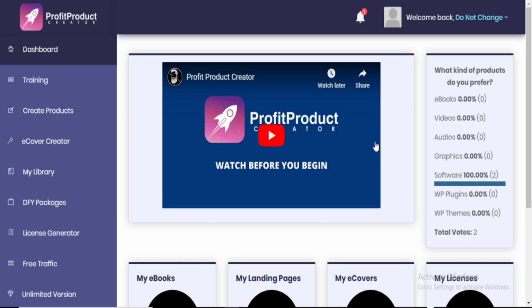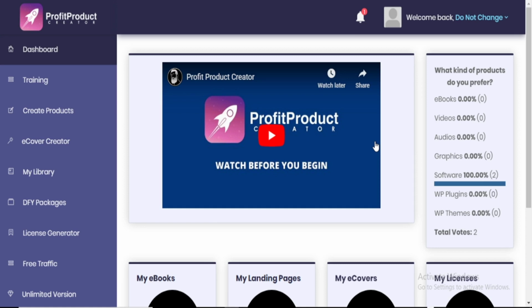So now, what is the Profit Product Creator all about? It is a cloud-based software that enables you to build your own digital information product like ebook and PDF with a few clicks of the button. This product comes with 250,000 articles in different niches that you can easily pull from, edit them if you want, customize them also if you so desire, and create your own unique digital product from them. And you can create this product in different file formats.